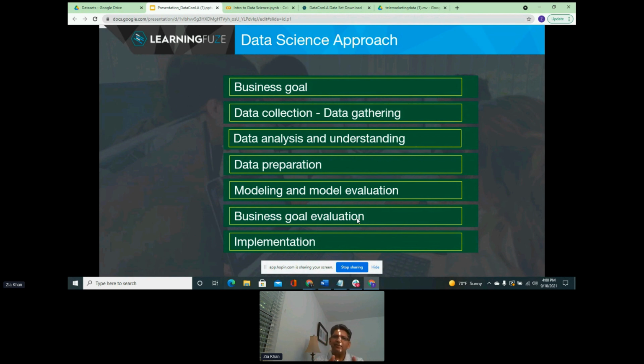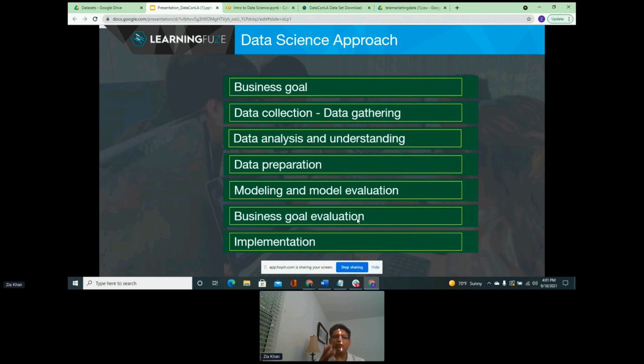But let's take that same 90% and apply it in healthcare. That 90% may not pass the business goal evaluation, because you are going to be wrong 10% of the times on human lives. That is not going to be acceptable with business. So there's no real hard and fast number that you can assign that, oh, 90% is okay or 95 is okay, because in healthcare you might need 99%. If you work in finance, your bank might require 95%, or they may say we need more than 95% because we do not want to lose money. Because when we are giving out loans, we want to ensure that all the loans are paid back to us.